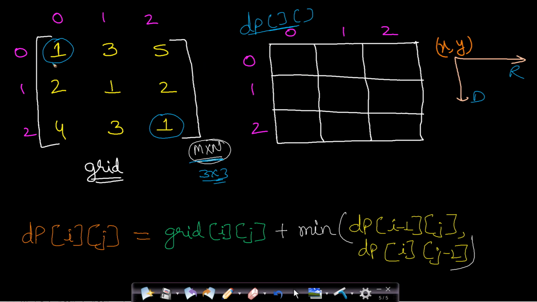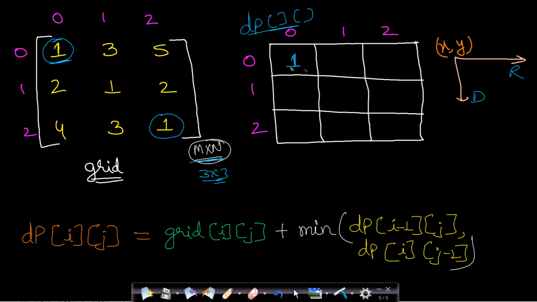Now we want to start from this 0, 0. So whenever we start from a point, then the path length will be starting from this point as well, and so the cost of this cell 0, 0 will be equal to the cumulative path length, since we are starting from the same point. So this 0, 0 cell of this DP table will be filled by 1, since we are starting with 0, 0 and there are no prior cells which need to be added.